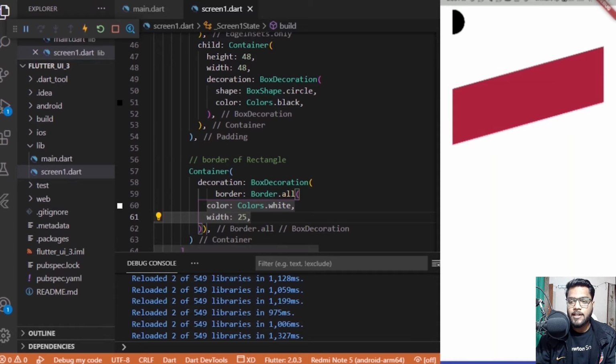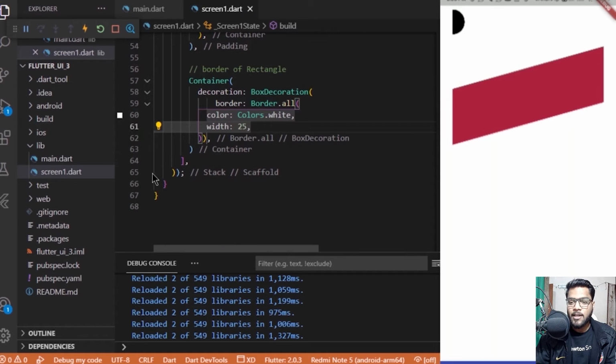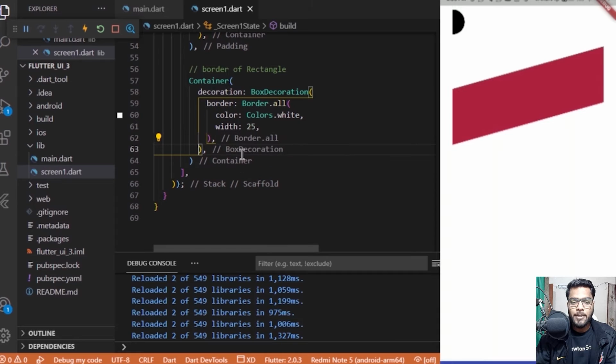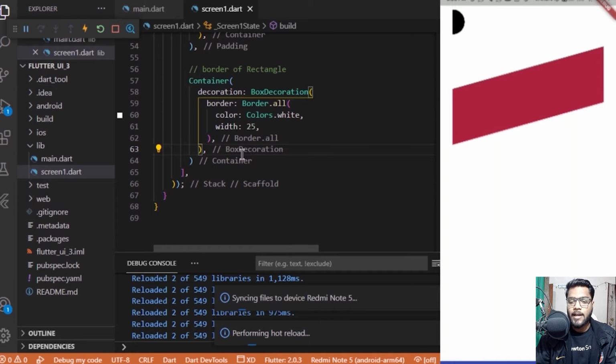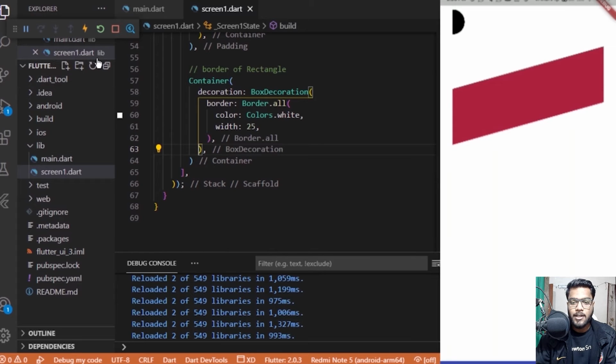And you can see that earlier when we had created only this rectangle, there were some spaces available from the left and right side, and after adding the border, those spaces have gone away. And for the circle as well, which was appearing on the top, it was an entire circle, and now it is in the half format only, like only half of the circle is appearing over here.